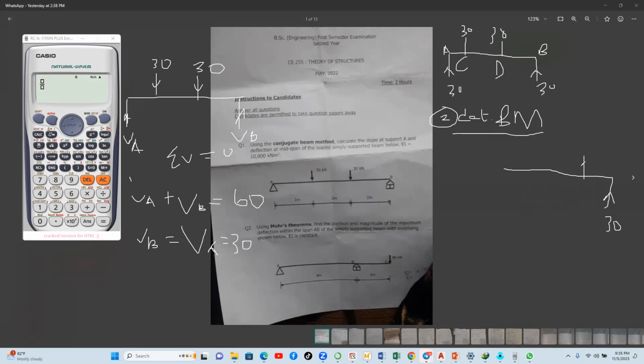Then this load comes, then this load comes. So we have C here, we have D here. Here is 30, 30. And this is where we've cut. Okay. So the distances are 2, 2, 2,